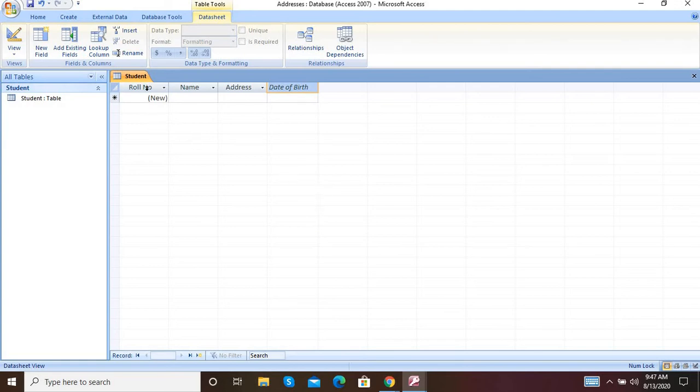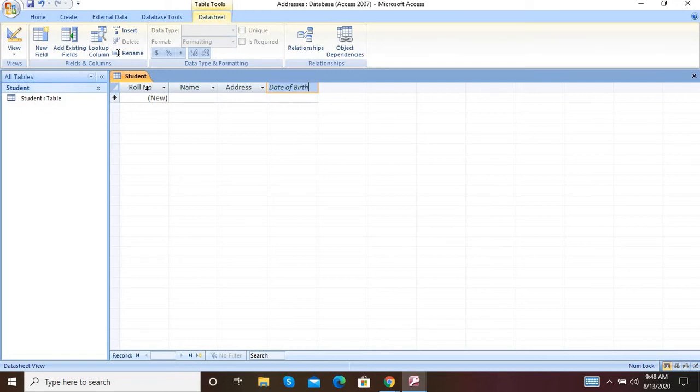Here, for the roll number, the default data type is auto number. We already learned what is meant by data type. Data type means which type of data you are using. So for the first field, roll number, the default data type is auto number. Why is it auto number?